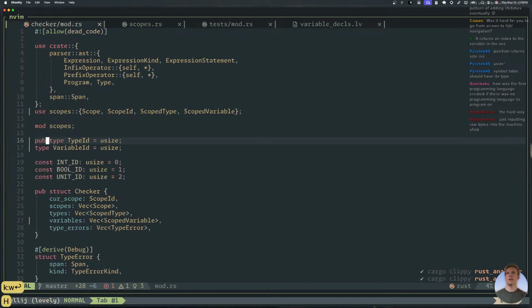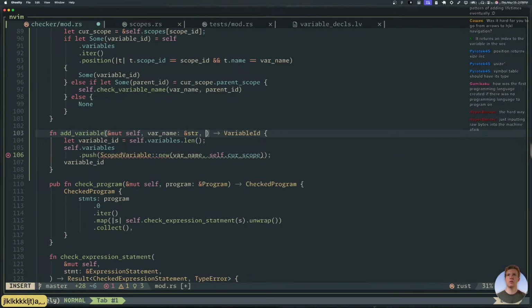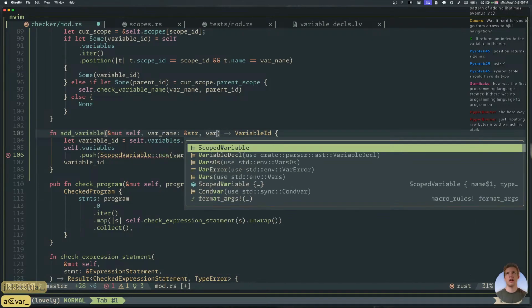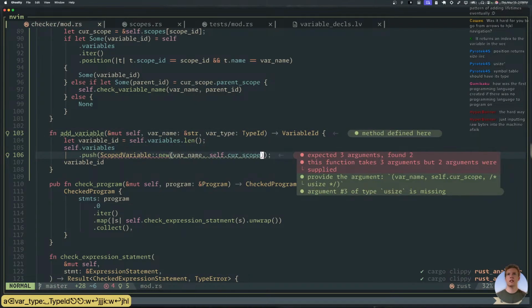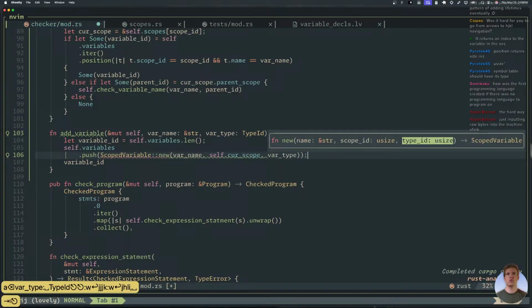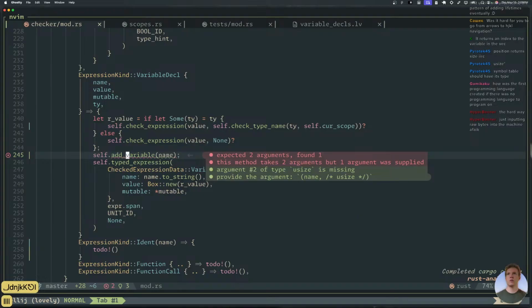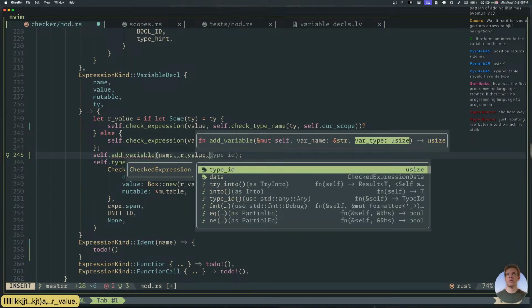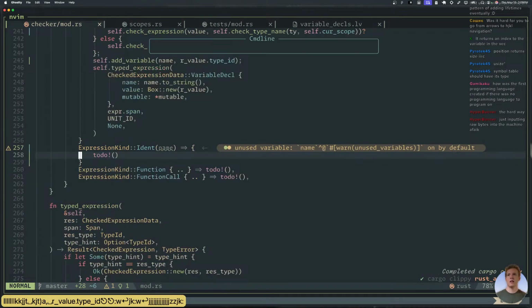Like that. Okay, and then down here, add variable takes a var name and var type, which is a type ID, and then you're gonna use var type. Just like that. Okay, add a variable. It's gonna be our value dot type ID. Perfect. Okay, this is lovely.